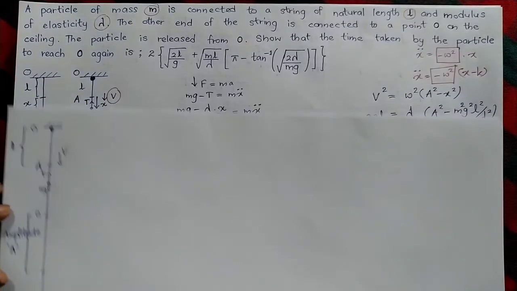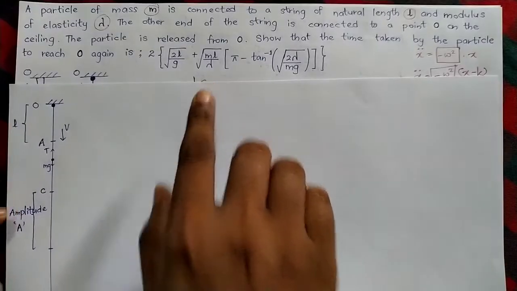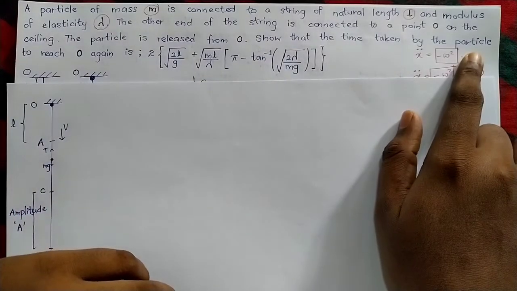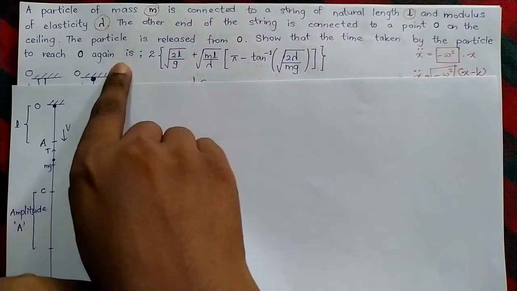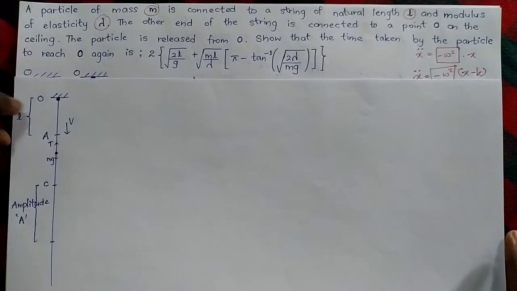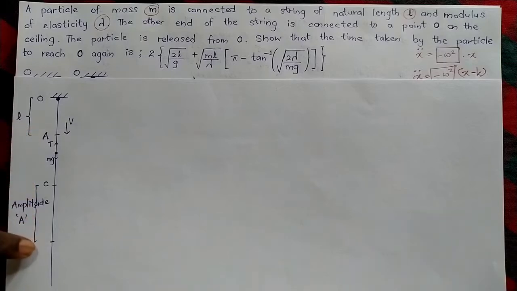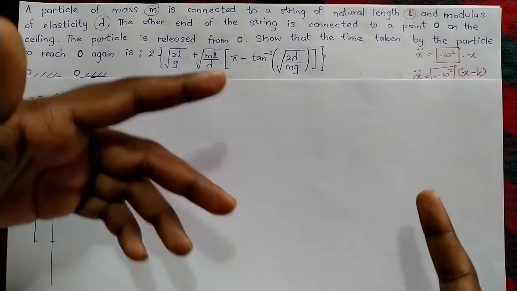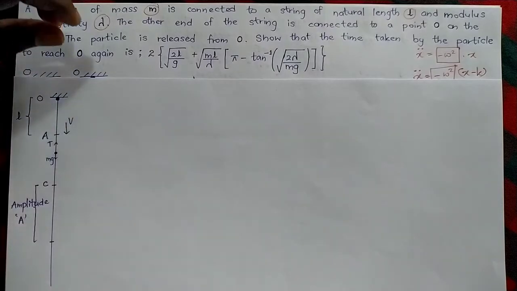Then in the problem they are asking to find the time taken by the particle to reach O again, which is given by this expression. The particle was released from O. From O to A there is a particular time which the particle moved under gravity. Then from A it is performing a simple harmonic motion. Again from this amplitude location to A it is continuing another simple harmonic motion upwards. So